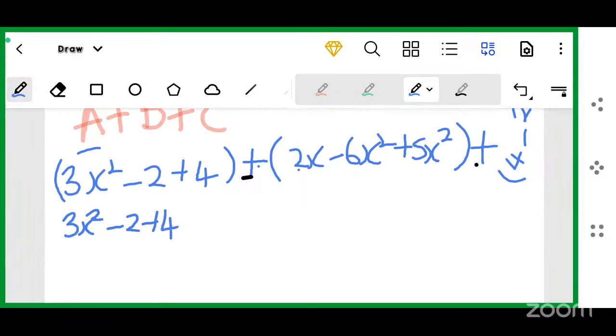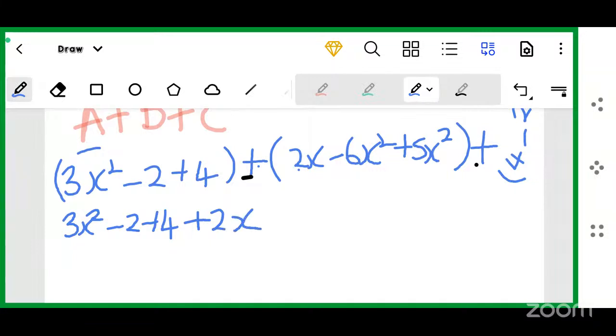Positive times positive is going to be, what is positive multiplied by positive? Positive. Okay, so you write your positive